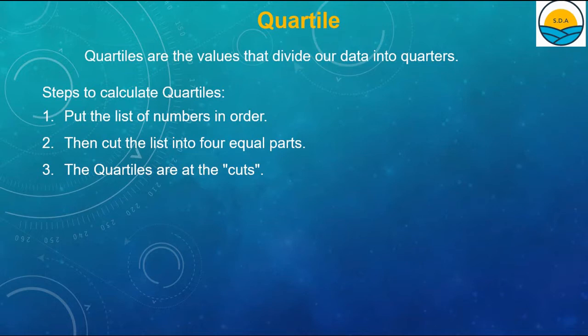So in order to calculate quartiles, we follow the following steps. First, we put the list of numbers in order. हमारे पास जो भी डेटा होता है उसको हम एक ऑर्डर में सेट कर लेते हैं। Then cut the list into 4 equal parts और उसके बाद फिर उस लिस्ट को 4 बराबर पार्ट्स में डिवाइड कर देते हैं और जो नंबर उन कट्स के सिरे पर होते हैं वो नंबर्स क्वार्टाइल्स कहलाते हैं।